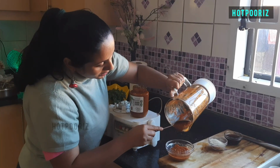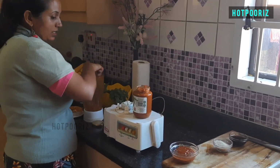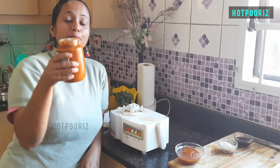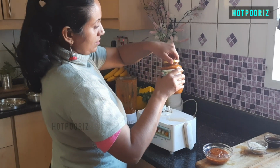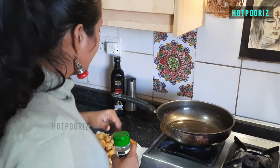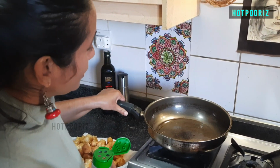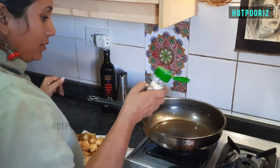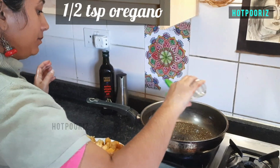So I will be using around 1 cup of this paste for today's recipe, and the rest of the paste I will be using for fried rice, for Manchurians, for momos chutney and many more recipes. In the same pan in which we fried the tofu and onions, there is still some oil left, so I will be using this oil only. So goes in oregano, around half teaspoon,